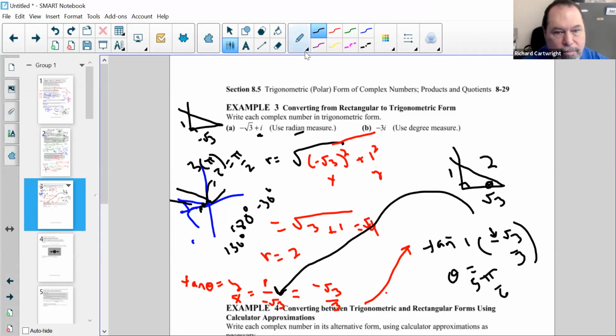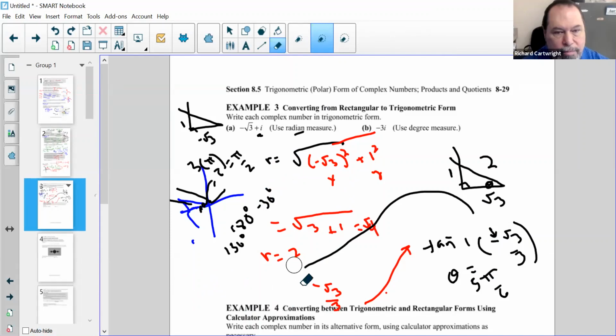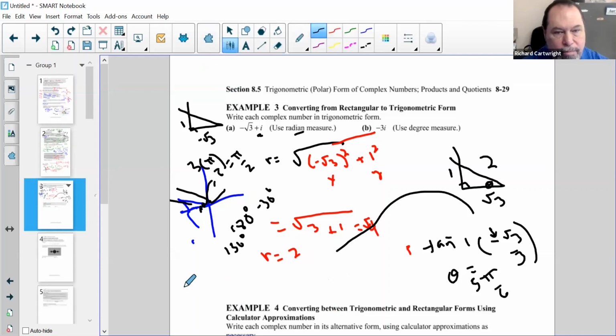Let me erase everything and just put down what I think I have. Where's my eraser? I'm not going to erase my R. I'll leave that answer there. Let me erase all of this work. And technically, I just need a little more room here. Okay, so if R